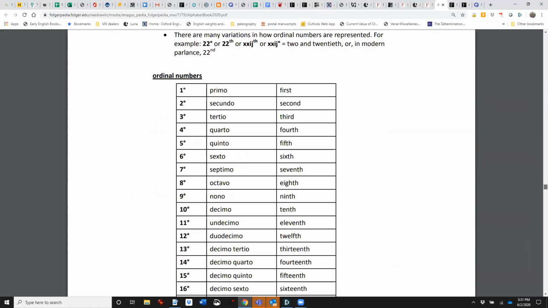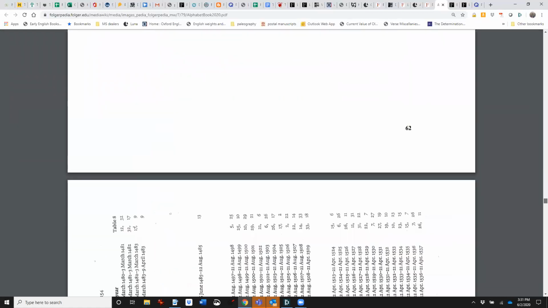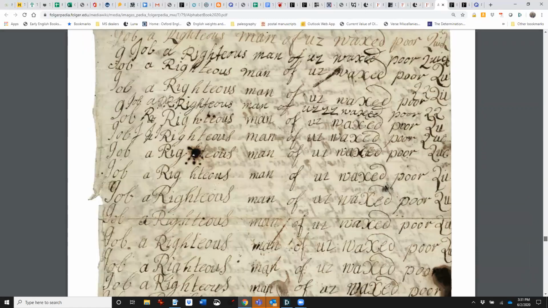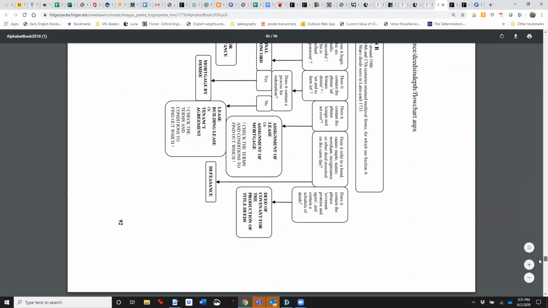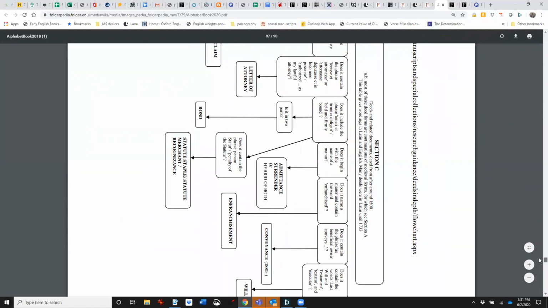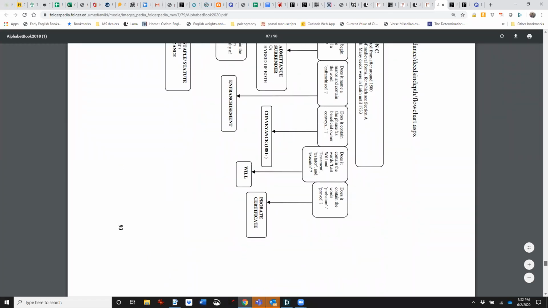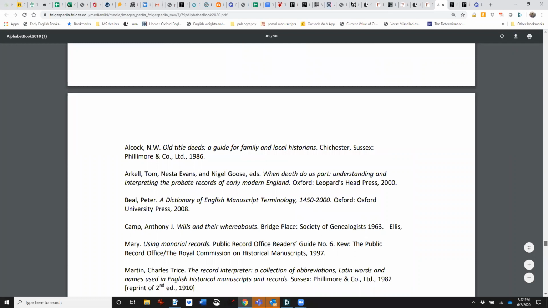There's a lot of good stuff in here, including numbers and dating and writing with a quill, and then this bibliography at the end, and then charts from the University of Nottingham on how to figure out what this legal manuscript is that you're looking at, what it actually is. So it's a deeds in depth flow chart. So I hope that is useful to you as well.